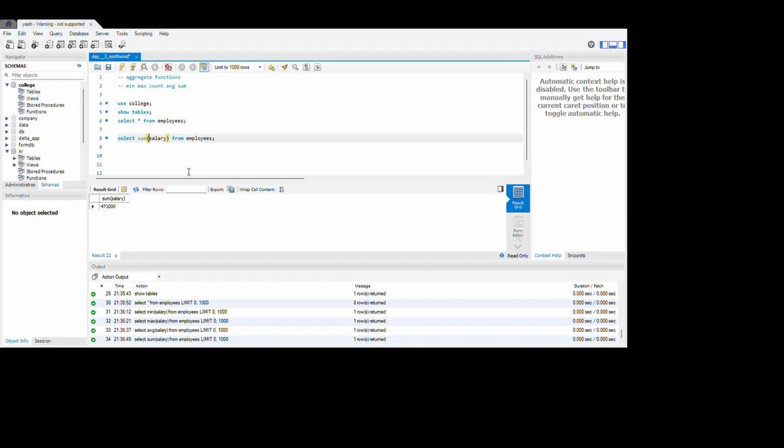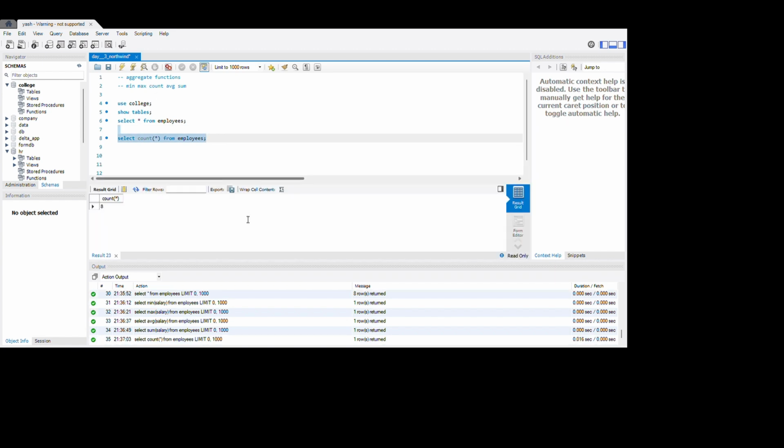One aggregation function is remaining, which is count. So by using count, we are getting the number of rows present in the employee table. So there are 8 rows, 8 data entries of employees present in the table employees. So this is the practical implementation of